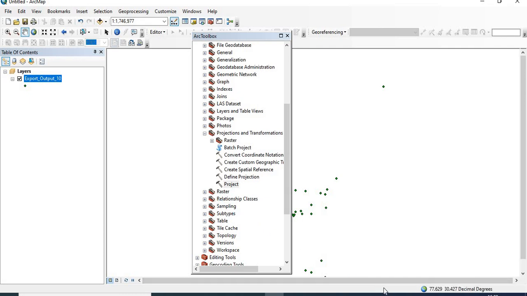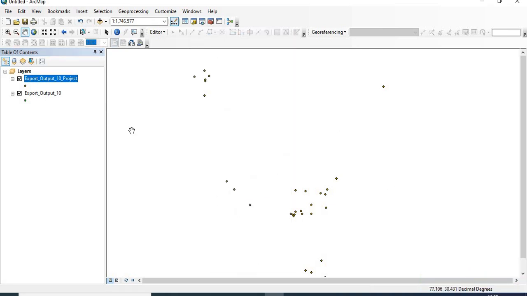Here you will see that it is getting projected. By that time you can close. See, it has got projected. You can close this and now you can remove it.